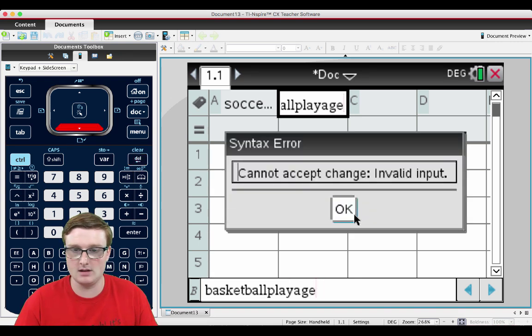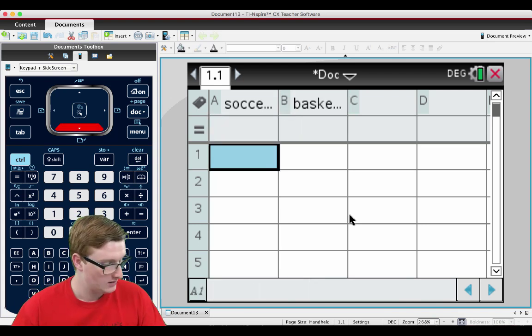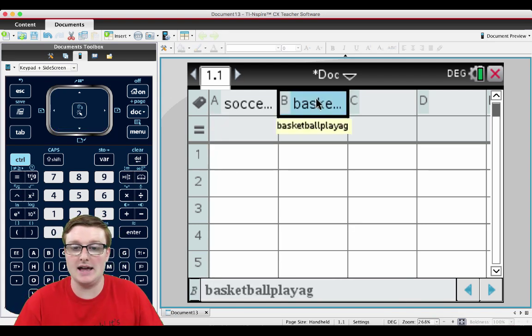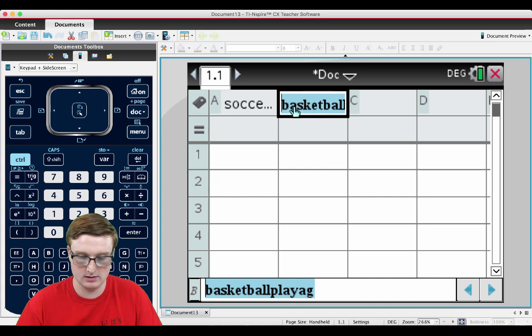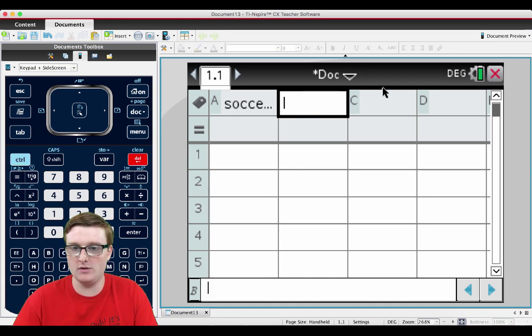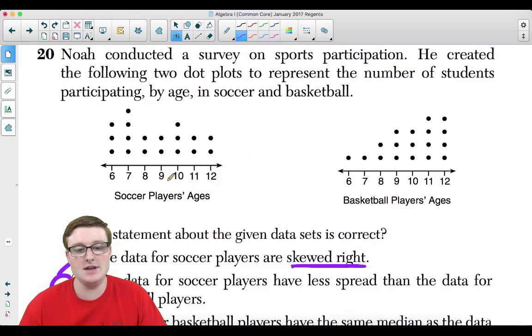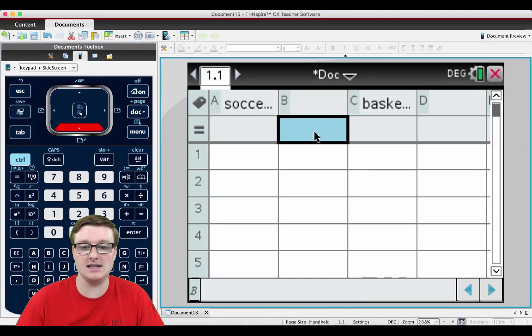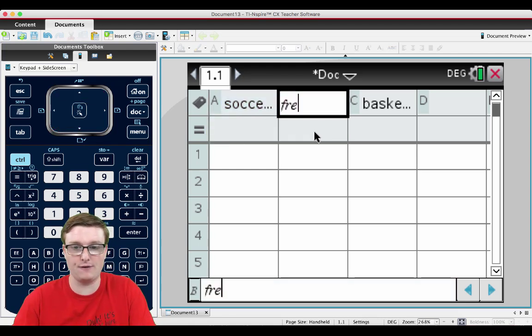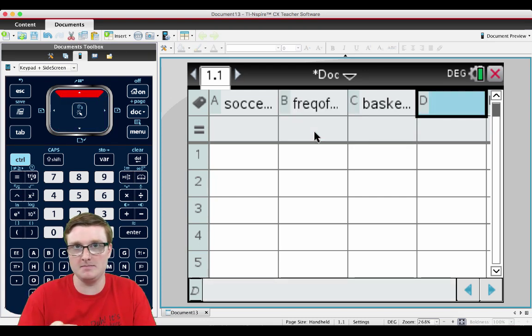Okay. Oops. Oh, my apologies. I have to move this over. I'm going to move it over to column C. And the reason why is this. This is showing the ages and the frequency. So what I'm going to say in my calculator is I'm going to say soccer player ages, and then I'm going to say the freq, F-R-E-Q, frequency of soccer. Over in the D column, I'm going to say BB, basketball